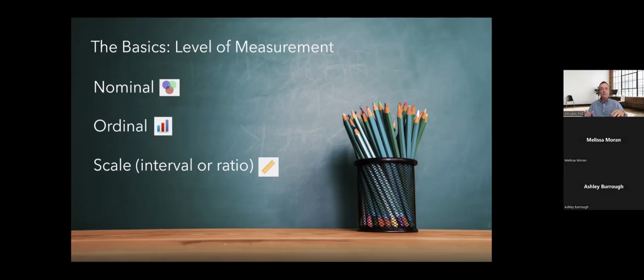Nominal, it's Latin for name only. And as the name suggests, it's just the name of things. Males, females, Republican, Democrat, Independent, things of that sort. So they're just names of things, but they don't have any order whatsoever. The next level of measurement has a name, but also an order to it. So that name could be, first, a horse coming first, second, third. Okay. So there is an order, but the intervals between each of these do not have to